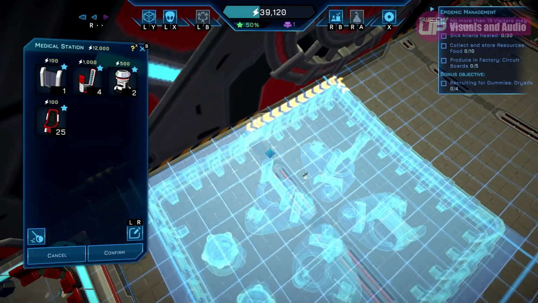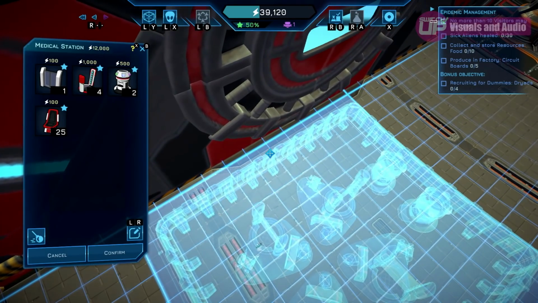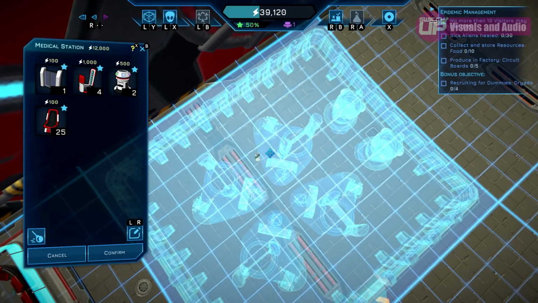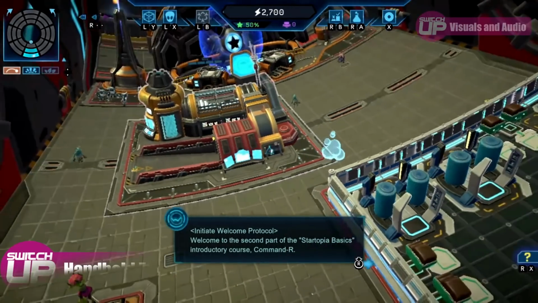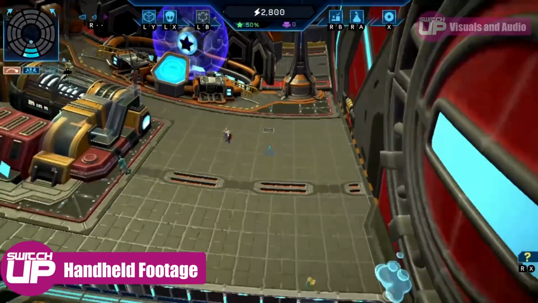Sometimes it's also hard to lay the building blueprints as you cannot zoom out enough to see the whole area, making it all feel like a bit of a guessing game. In handheld mode, whilst the menus are definitely easier to navigate due to the colours being far more distinguishable, the